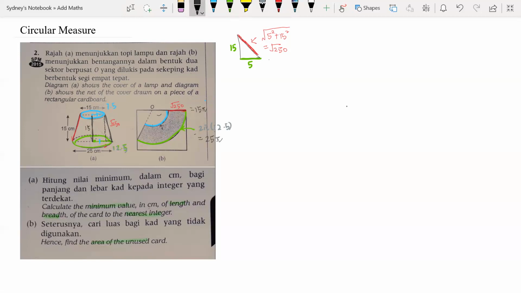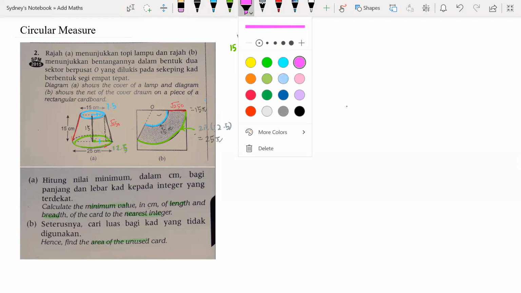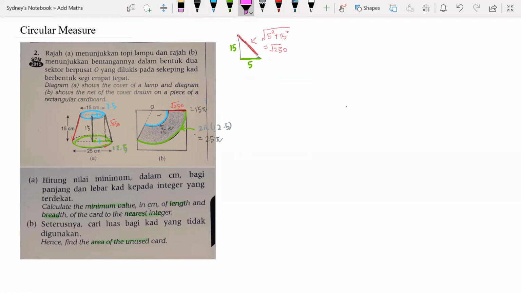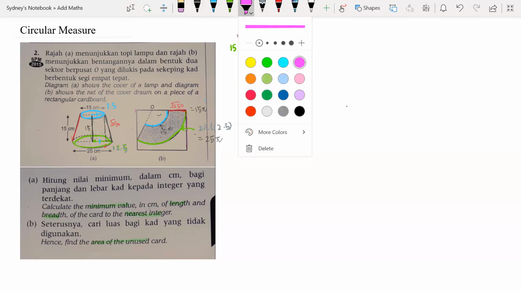Just put back what we have erased just now. This is 15 pi. Now just focus on diagram B. What can we do about diagram B? We want to find out the minimum length and breadth. So we can study the breadth first. The breadth here,